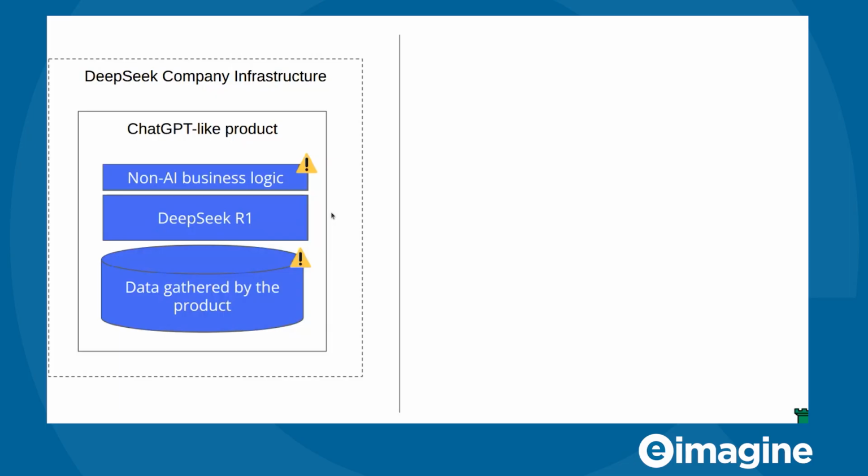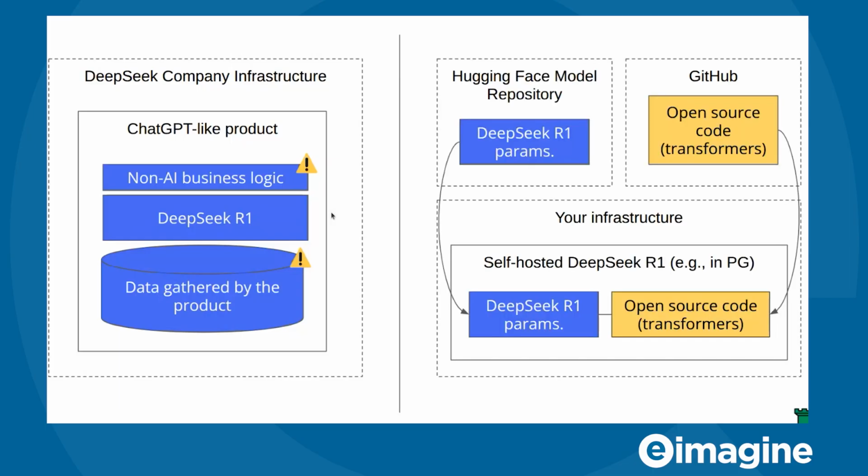But this would be true for any type of SaaS product, right? Like ChatGPT does the same exact thing. Copilot does the same exact thing. These are all products which have their own logic and they have their own terms of use and they store your data, right? But it's actually also possible to use DeepSeek, the model, separate from DeepSeek's company infrastructure,